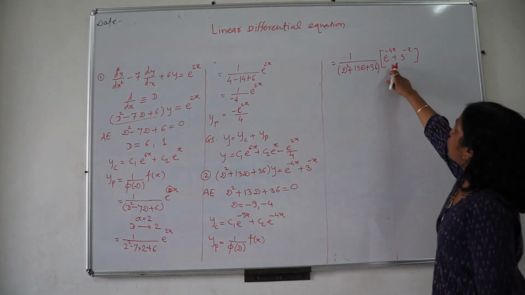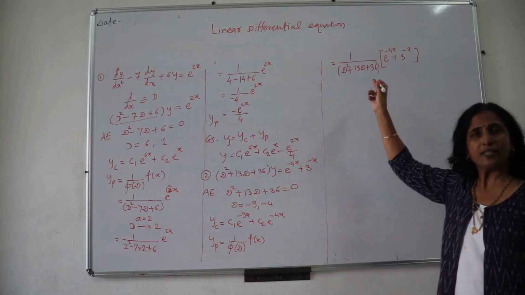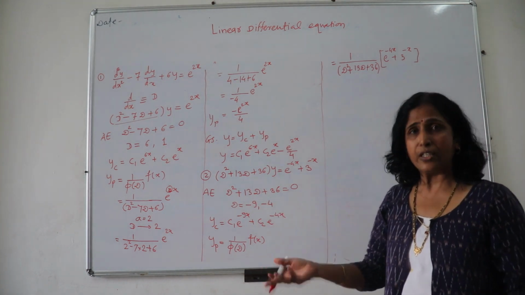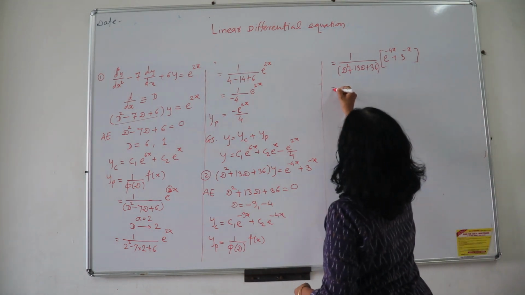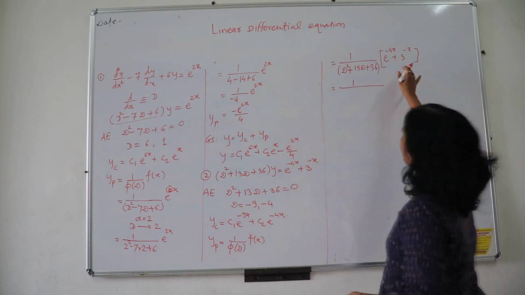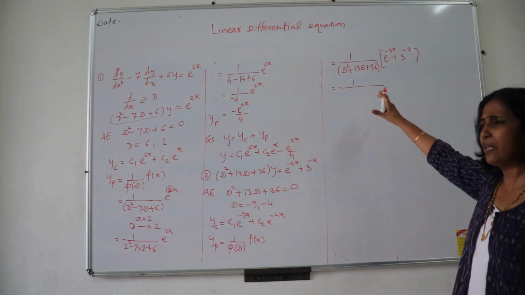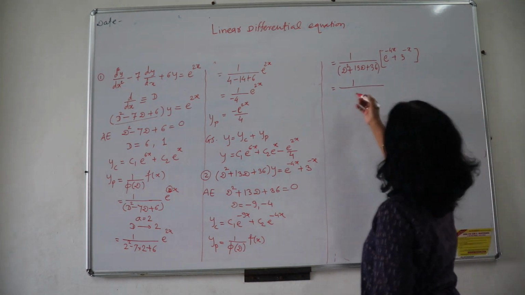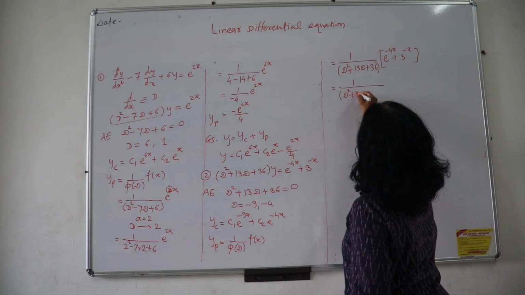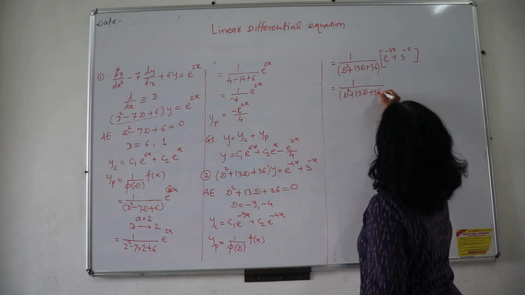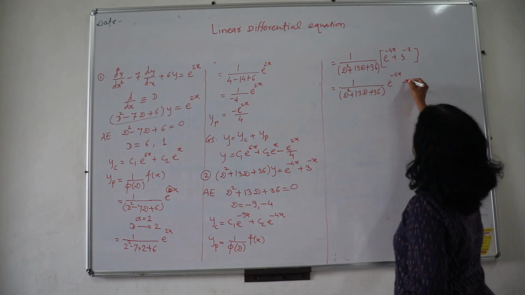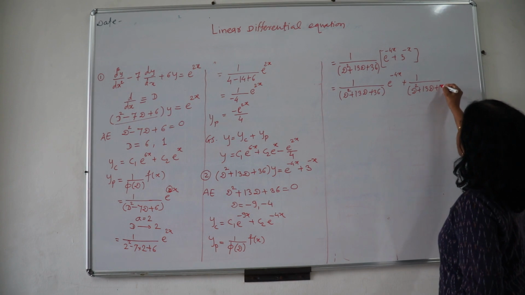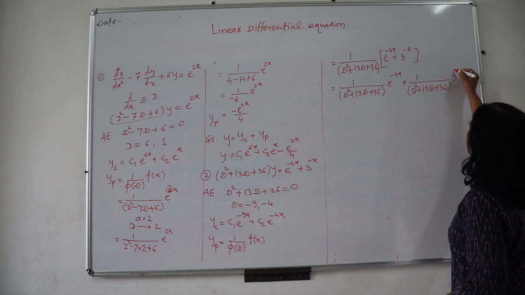Now see, these both are the functions which occur in our case number 1 which we are discussing. Both are exponential but both are of different nature. So I have to separate this because the rules for both of them are different. If your example is convenient, you may separate it here only, or otherwise you can go for P1 and P2 and so on. So I will just separate it here. It is 1 upon d square plus 13d plus 36 applied on e raised to minus 4x, and further 1 upon the same factor d square plus 13d plus 36 applied on 3 raised to minus x.